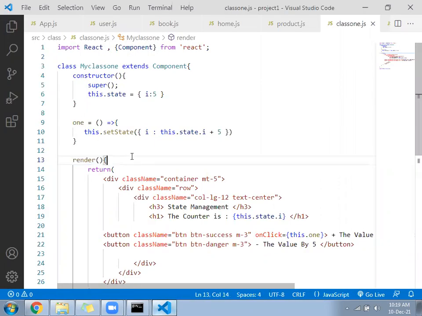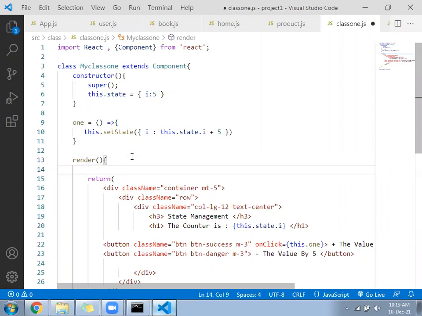Go under the render and keep an alert. You will come to know. Save it. By default, the alert will come, and when we click on the button, the alert will come again.